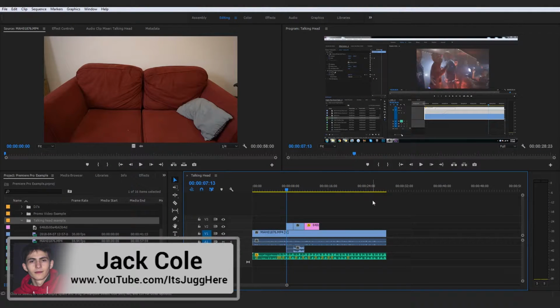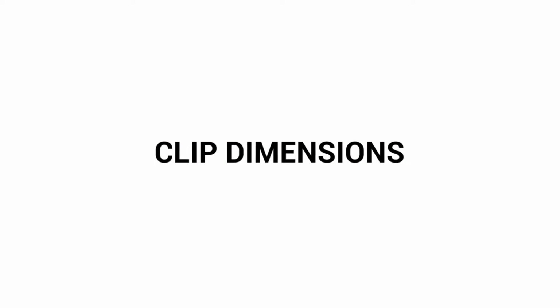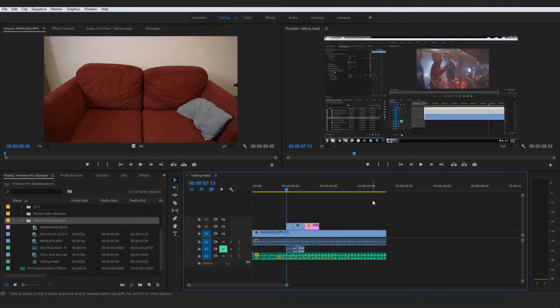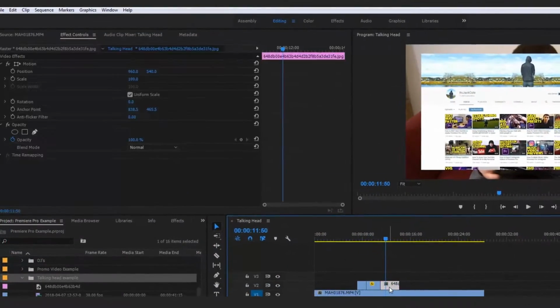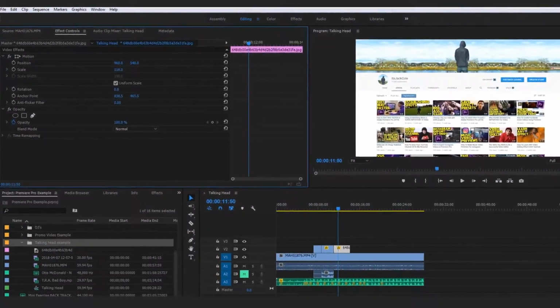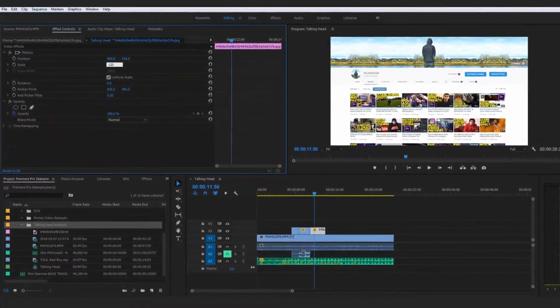Alright guys, so swiftly moving onwards, the next thing I want to talk to you guys about and overall walk through is going to be clip dimensions. And overall, what that encompasses is how to change the position, how to change the rotation, and how to change the scale. These are the key things we're going to be looking at, and we're going to be revisiting our